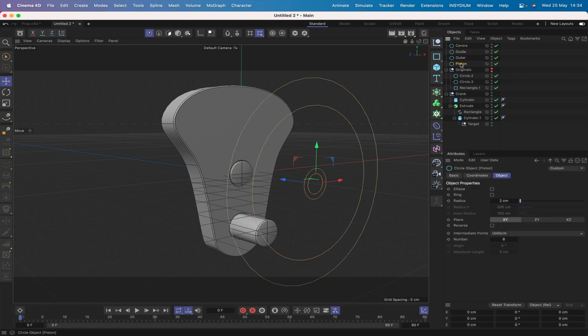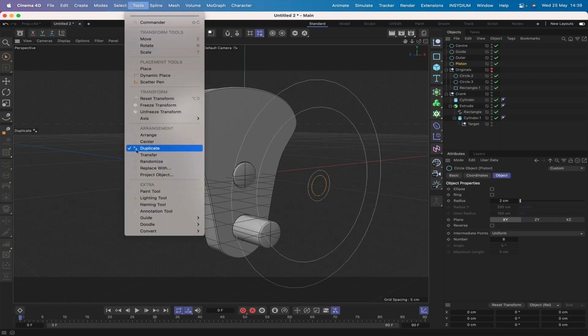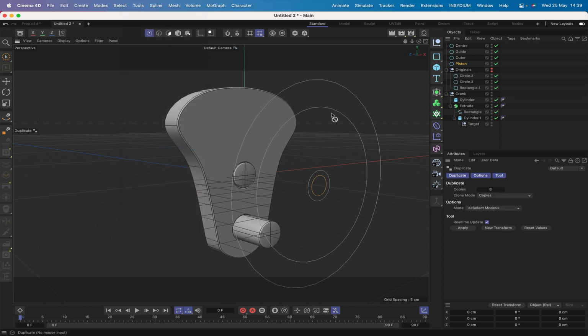But our piston circle here, what we actually need is 7 of these, and they need to be arranged around the guide. So that's what we've got to do next. We've got to duplicate these around the guide. We have our piston selected, so we can come up to our tools menu, select duplicate here. We don't want 8 copies, we simply want 6. We do want copies though, so we'll leave the clone mode as it is. The mode here, we'll say along spline,